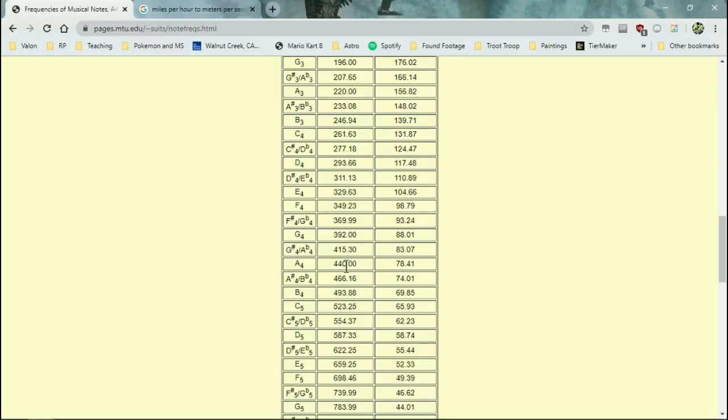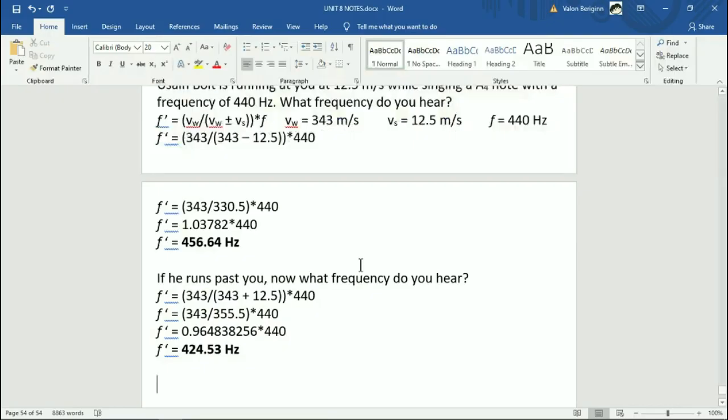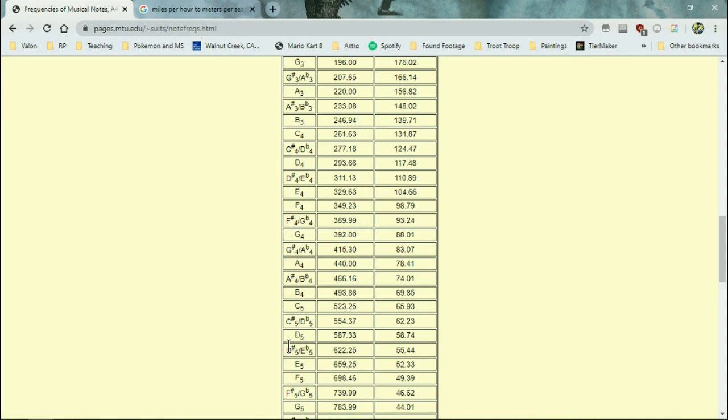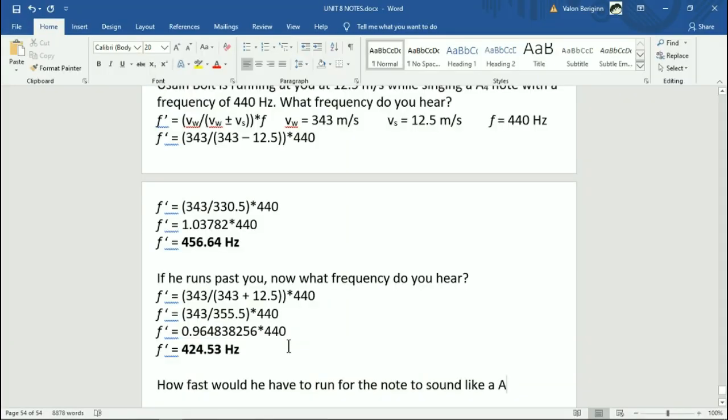And again, that's still about a quarter tone. Okay. However, I'm going to do a different thing. How fast would he have to run for the note to sound like an A sharp